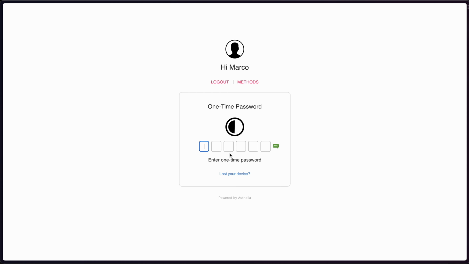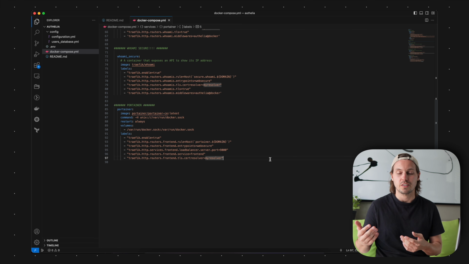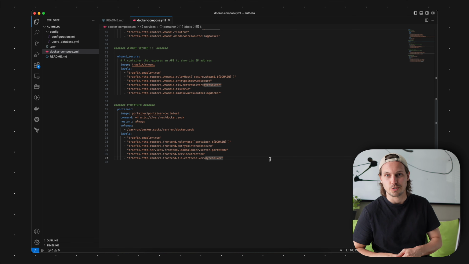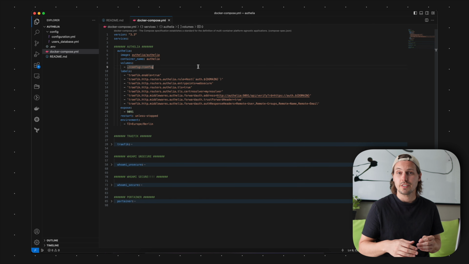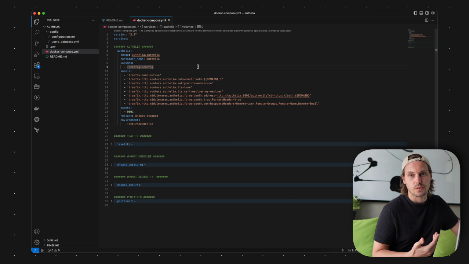I hope that it's a bit clearer, but if you're not sure, just write in the comments and I'll try to explain it, or just use your favorite search engine. So let's have a look in the Authelia configuration directory. So we have two files in the configuration directory. The first one is the